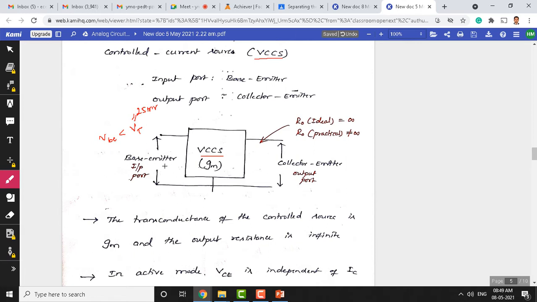So let us say that we are applying an AC signal of 10 millivolt. Small signal is applied, so now the transistor circuit here behaves like a voltage controlled current source. gm is the parameter which is a measurable parameter for this kind of circuit. So gm gives you the amount of amplified current signal for the input base emitter voltage that is applied here. And for this type of circuit, if we measure the output resistance between these two terminals, that practical value is going to be very large but not small, but ideally speaking this will be an infinite value.